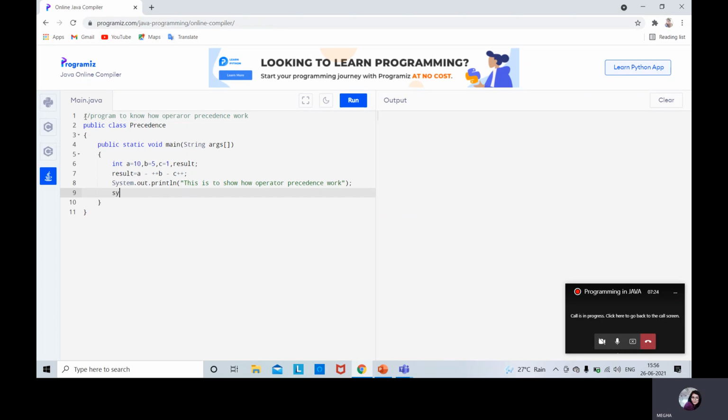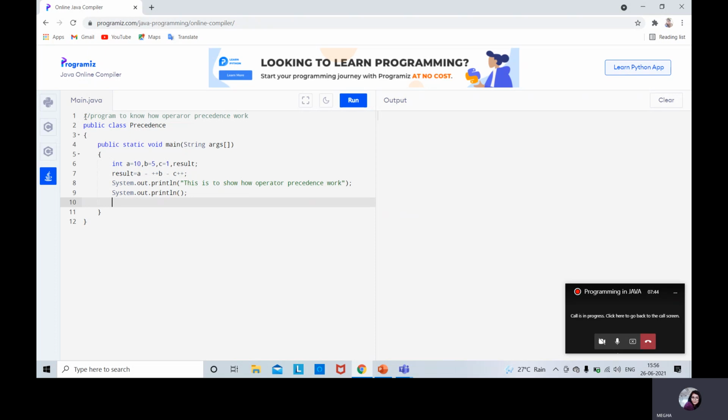Then we just need one extra line gap, so we are writing it like that.